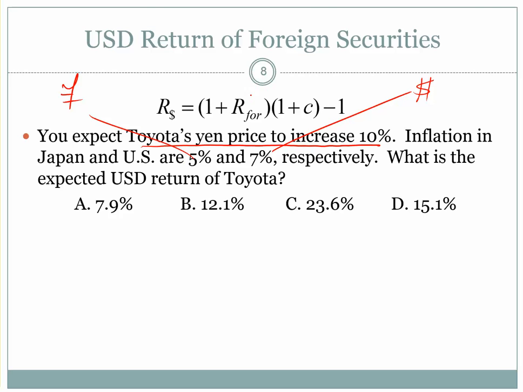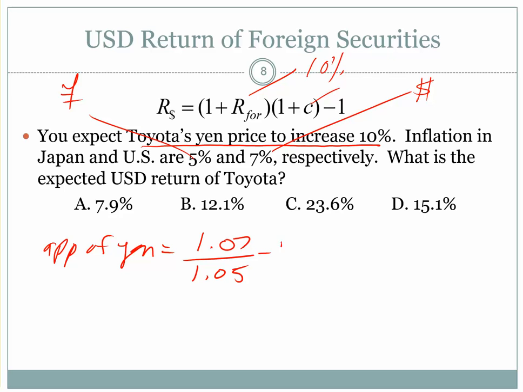Well, you're given that the return is expected to be 10% in yen. So now I just need to compute the expected appreciation of the yen, the C. Well, using interest rate parity, I know that the expected appreciation of the yen is going to be the ratio of dollar over yen inflation, or interest rates, minus 1. There's my dollar inflation, yen inflation. And you can see the yen is expected to appreciate